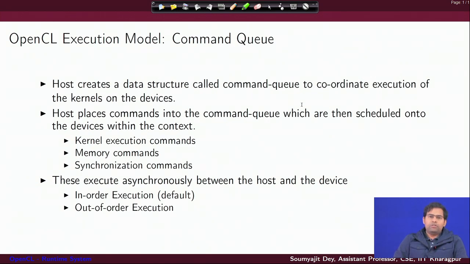The next important concept here would be what we call the command queue. When we are talking about context, as I said, it is basically an abstraction through which I am trying to define how an OpenCL program will look at the memory and how an OpenCL program will look at a device. But there has to be a specific formalization that the devices are going to execute these kinds of commands in this specific order, and how will that sequence of commands coordinate among each other, right.